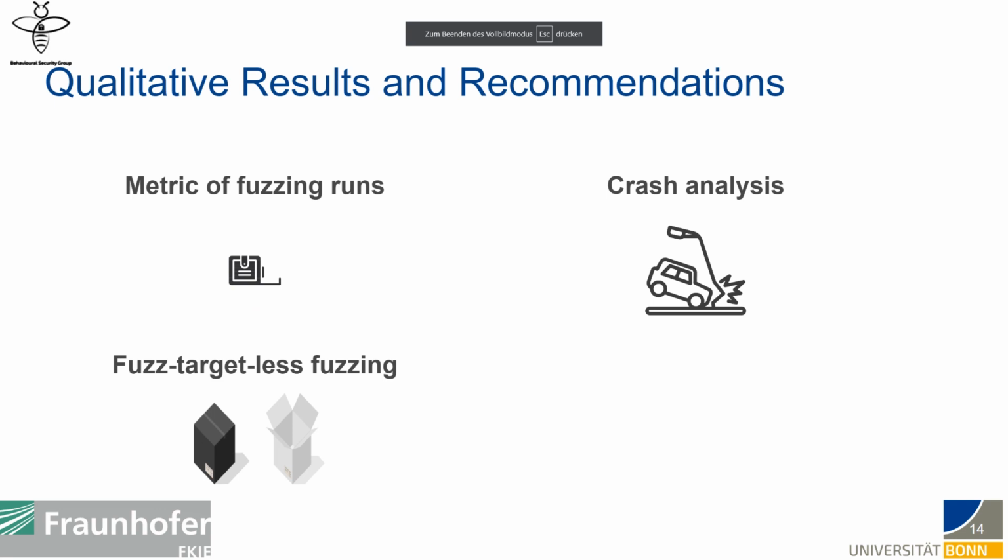Metrics of fuzzing runs. The metrics about fuzzing runs currently offered by the fuzzers did not help our participants to judge whether a fuzzer was running well or when it was okay to end a fuzzing run. Developing more helpful explanations for current fuzzing metrics or potentially more user-friendly metrics themselves is an open research question.